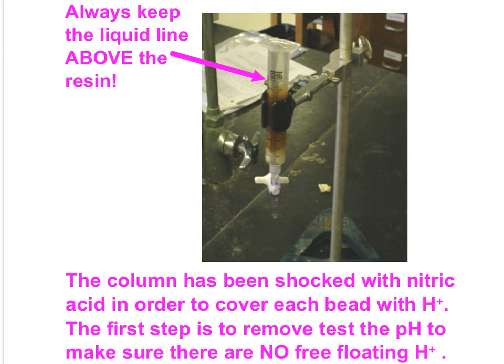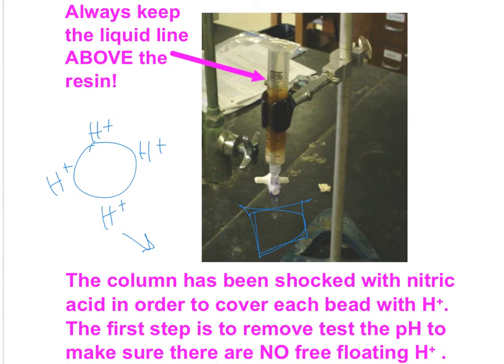So before you actually start doing your column work, we're going to have to check the pH of the column itself. Because we shocked the column, and remember all those resin balls have H pluses on their surfaces, we need to make sure that none of the H plus has leached into the matrix of the column, and when we open up that tip, we want to make sure there's no H pluses coming out just from the column itself,